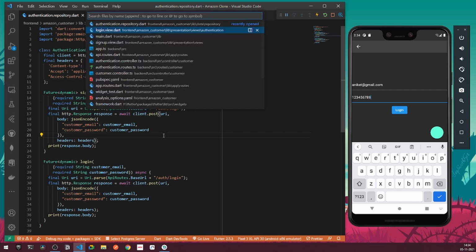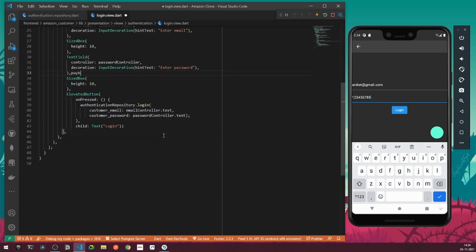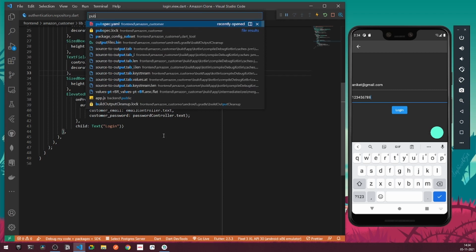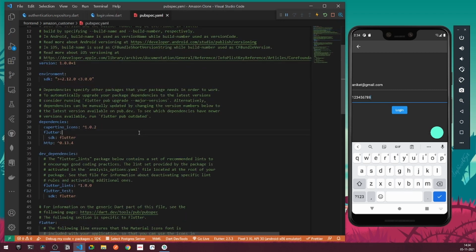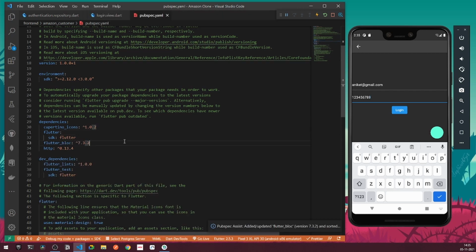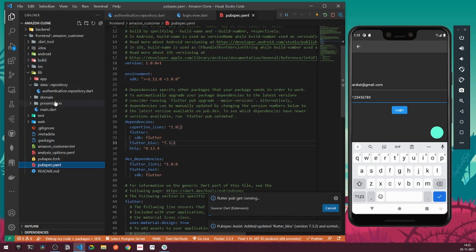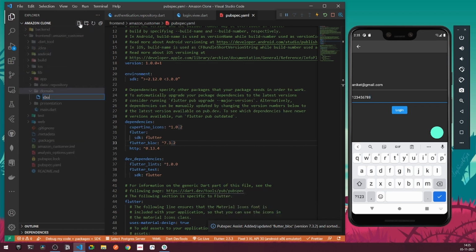So now what I'll be doing, I can go under my pubspec.yaml file, right? Pubspec.yaml file, and here I will be adding a dependency of Flutter bloc. Now Flutter bloc will be used to handle the state management, that is to use the state management of bloc and cubit under our existing Flutter application. So right now I can go under my domain folder, and here I will be creating a new folder for all cubits. So right now there will be no file but a folder of all the cubits.